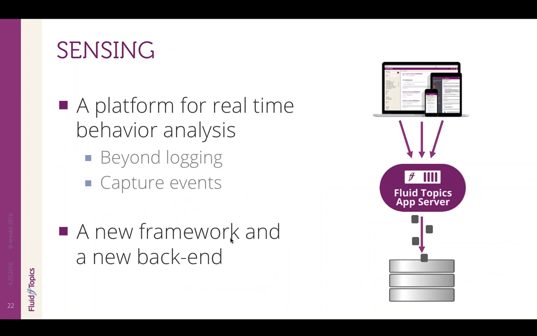The next point, the third point I mentioned, because I told you there are 3 main things we've been working on for version 3. So the first one was speed, the second point was being global, and the next point is analytics. And analytics is really a central element of our vision. We see Fluid Topics as a sensor. It's not only about delivering content. Fluid Topics tracks and logs every user action, searches, reads, clicks, everything.